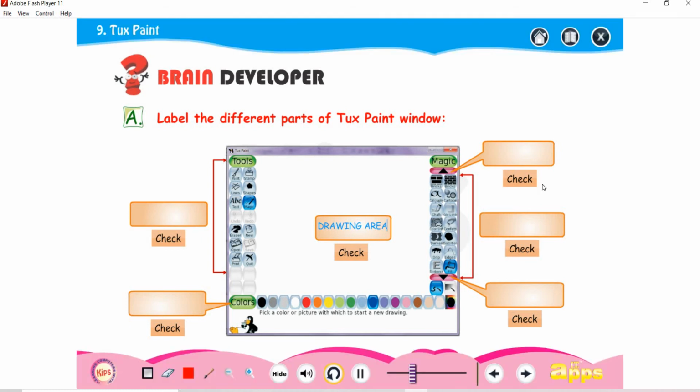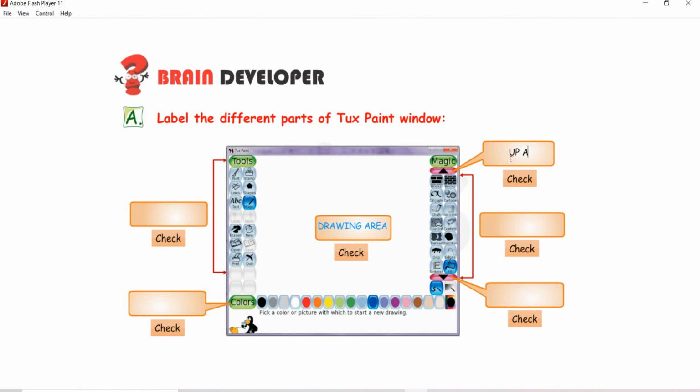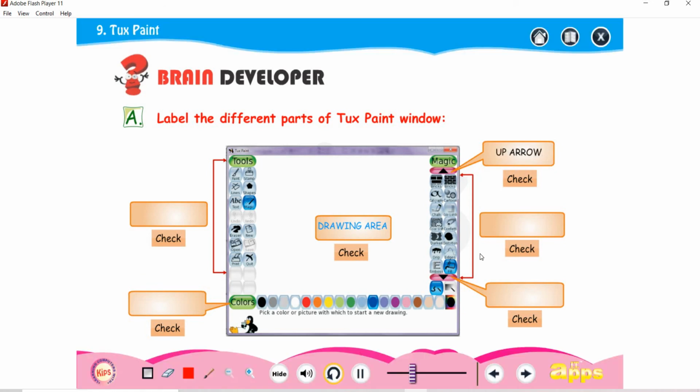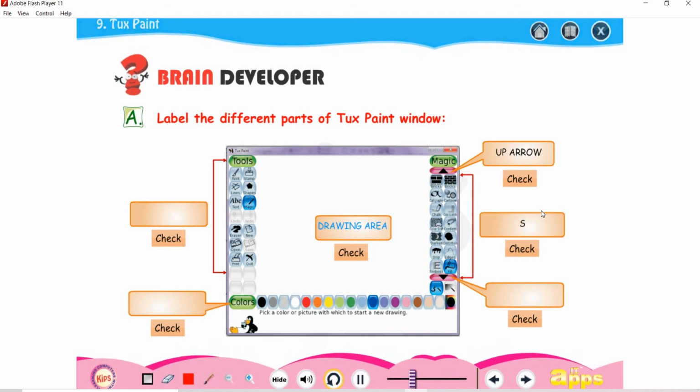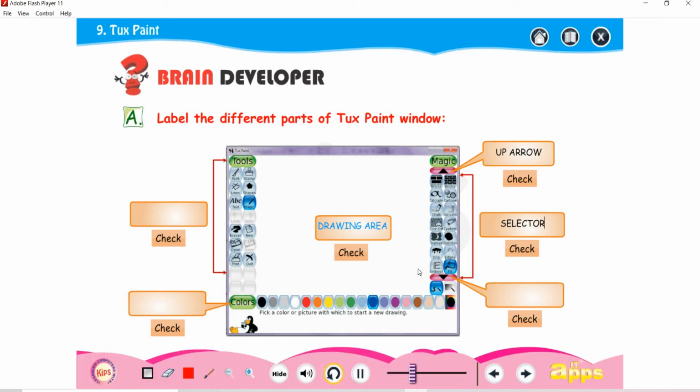Next we go to the right side. This upside arrow is called the up arrow. They are showing some tools here, so it is called the selector. And this is called the down arrow.